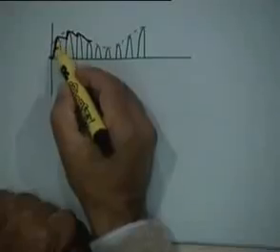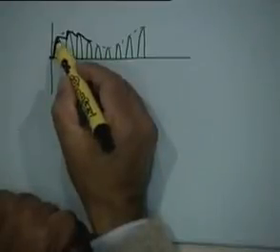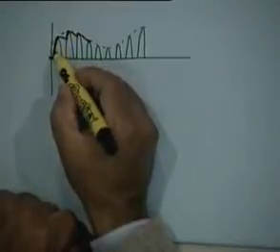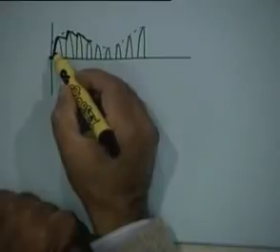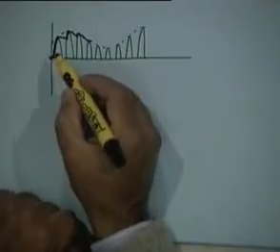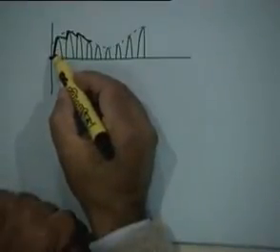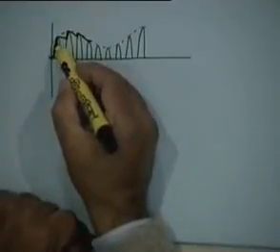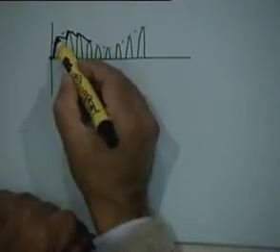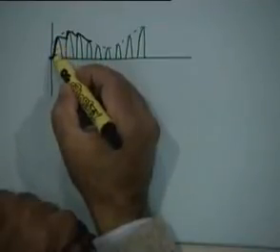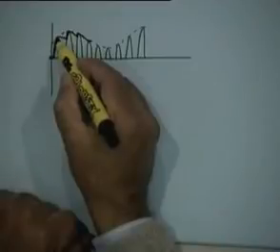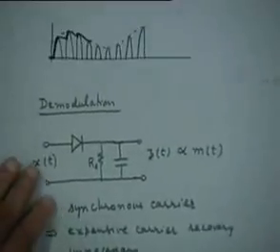In the beginning, when this positive half cycle comes, the diode conducts, and if we assume that the charging circuit for the capacitor has a very small time constant, then the capacitor voltage will more or less follow the carrier signal that is coming in during this half cycle, right? So it will keep on getting charged to the incoming voltage till it reaches the peak value. So when it reaches this peak value at this stage,